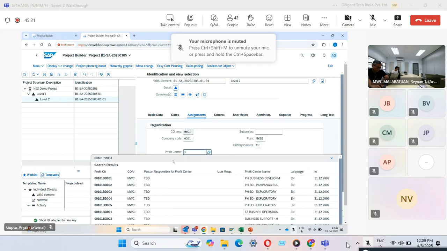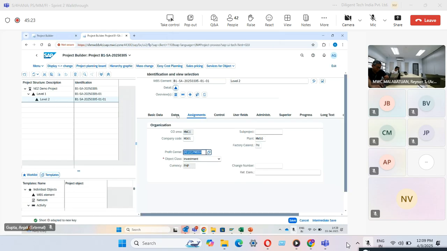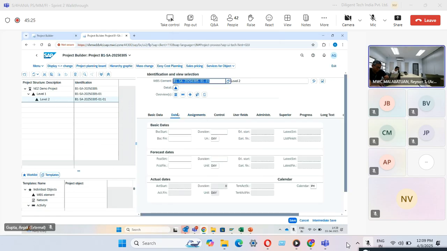And since at this level we're going to do the entire execution of the project, be it procurement or the settlement,